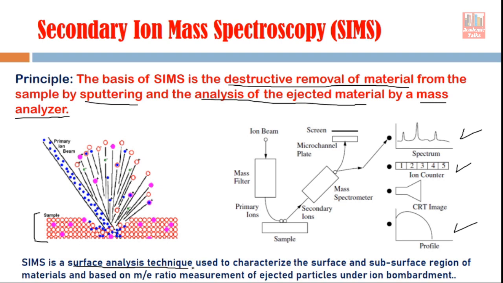So it's a surface analysis technique which is used to characterize the surface and subsurface region, right? So not just surface, but even the subsurface. We can go below the surface also, and based on mass to charge ratio. So actually, when we talk about this mass spectrometer, it is not identifying only mass. It is actually identifying mass to charge ratio. But the mass to charge ratio is also different for different elements because electronic mass is same. So this mass to charge ratio differs because they have different mass number,